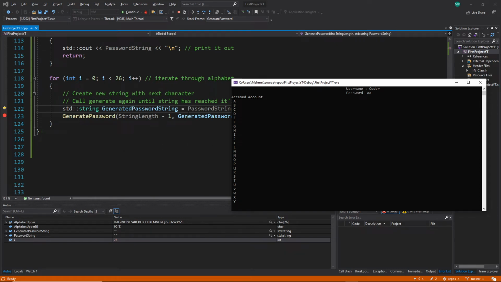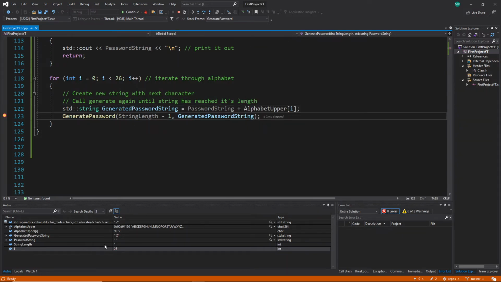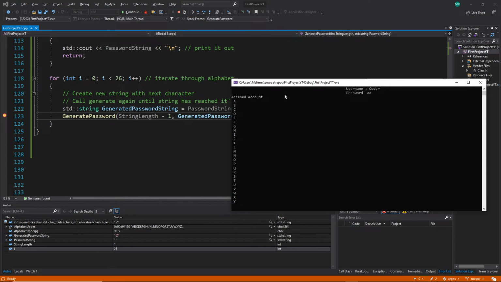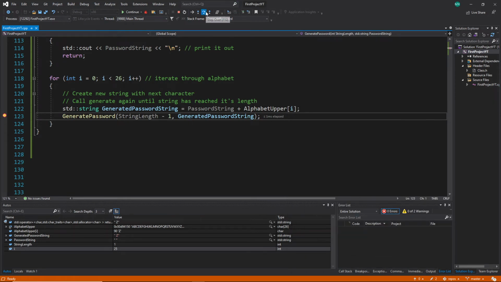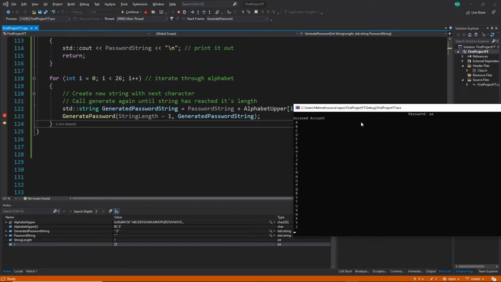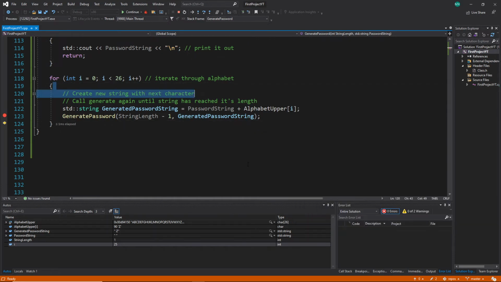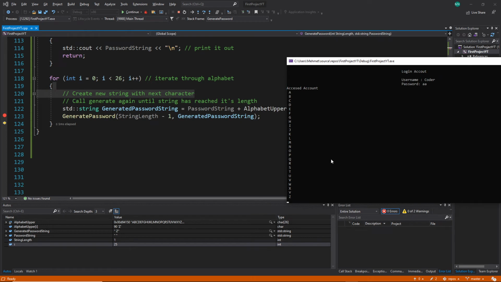And now what happens is, now let's see what happens. I go here and it says password string is Z. It's expected, yes. And then password string is nothing, yes. And string length is 1, yes, like all time. And here I go one more step. And here I have my set. I have my set. And the problem is,